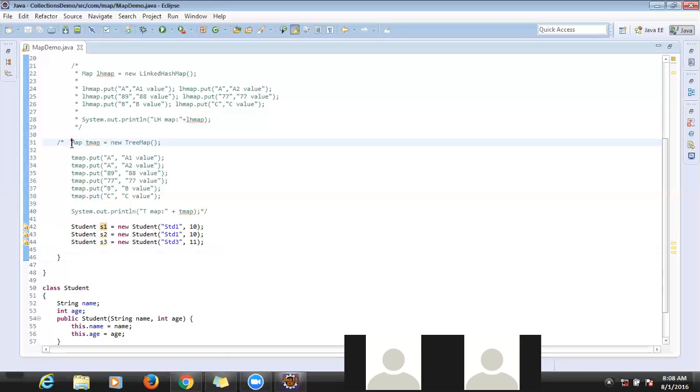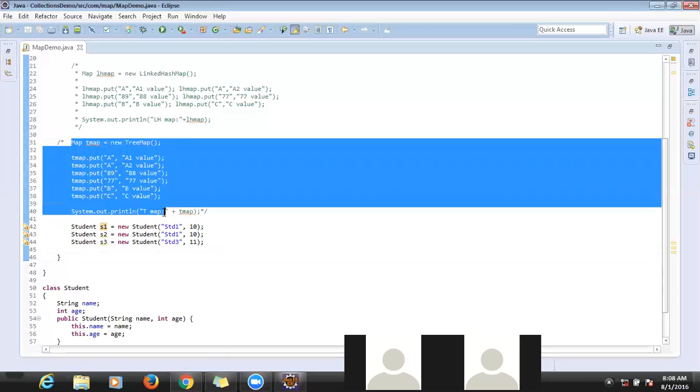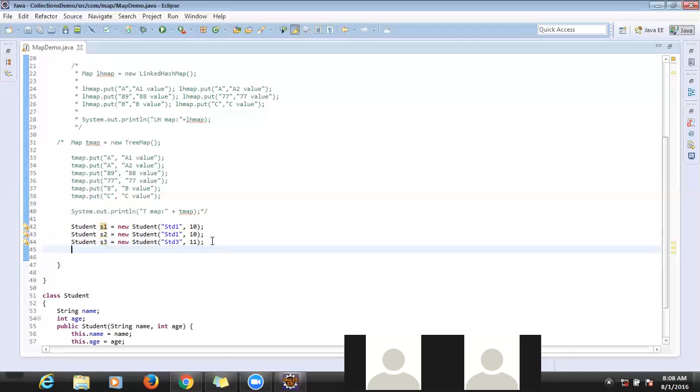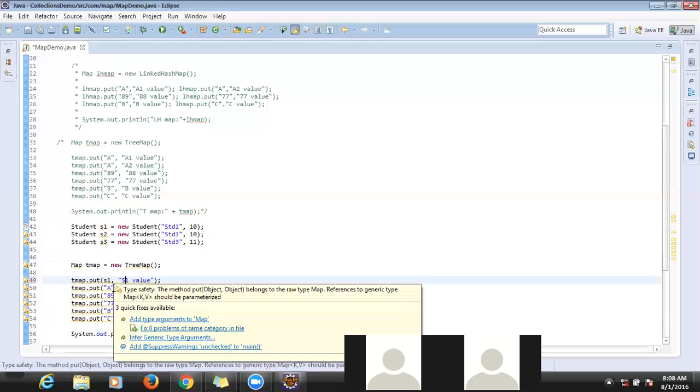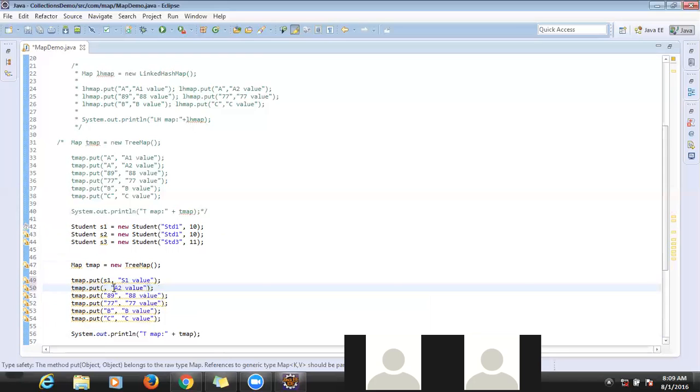So now what I want to do is create a TreeMap object, and I want to add these objects as keys. So I created a TreeMap, and as the first key I want to add s1, and I want to add a value for s1. For the second element I want to add s2, and for the third element I want to add s3.